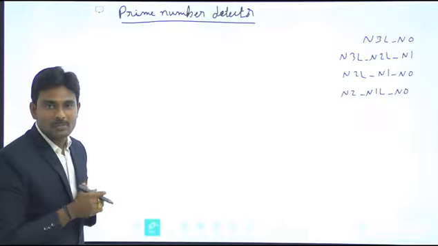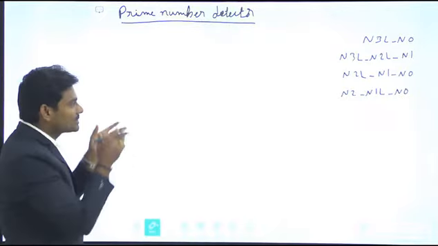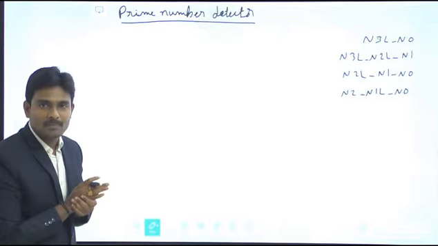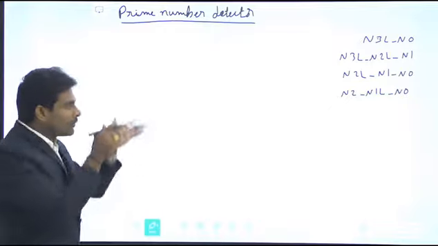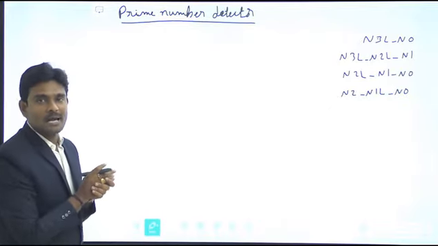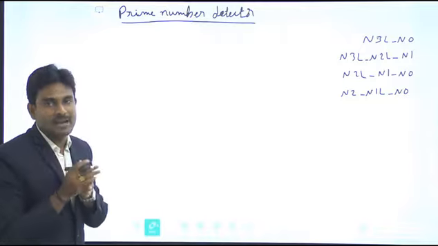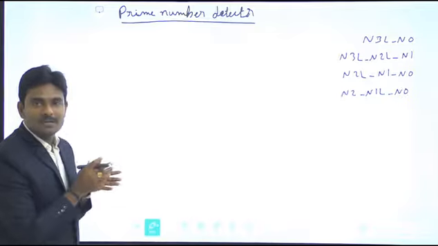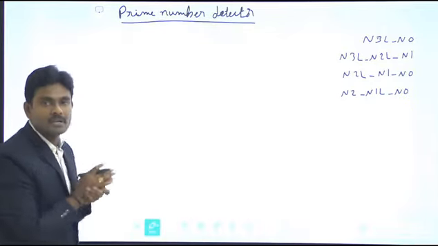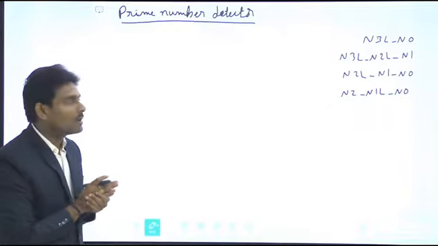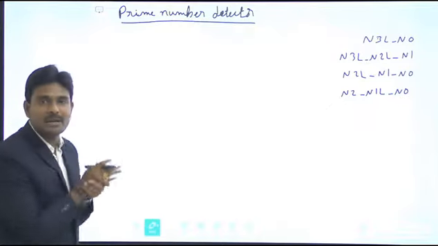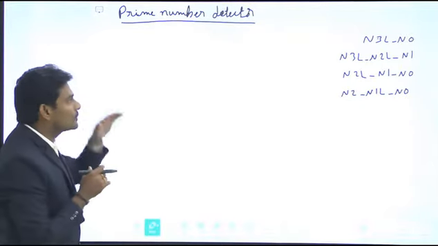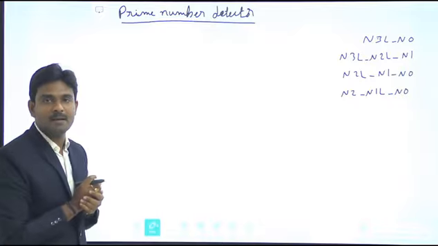We can also represent it in a third way, by considering the output level itself. Here in the third type, I am going to represent the output directly, that means the third level output, which is F, directly with respect to the inputs. The advantage is that the number of statements decreases. If I write the expression based on the output itself, then by using a single concurrent statement we can achieve the operation of the prime number detector.